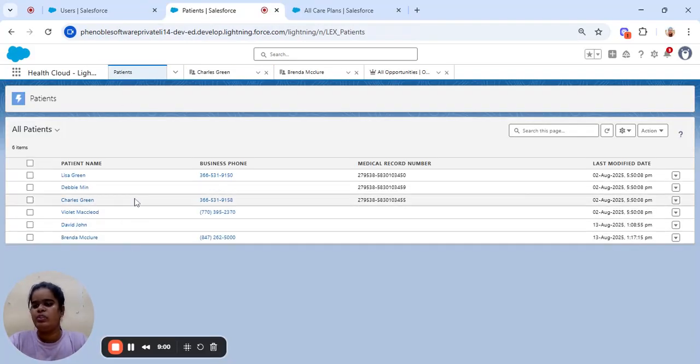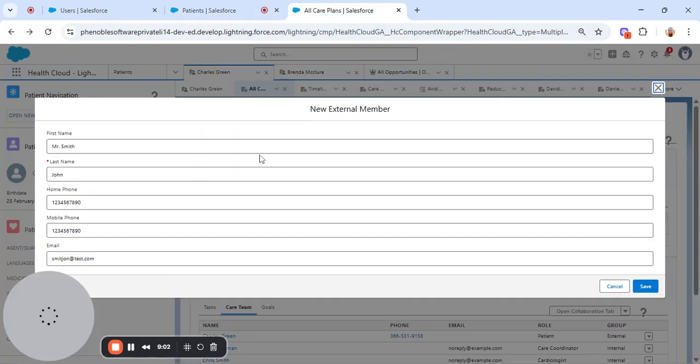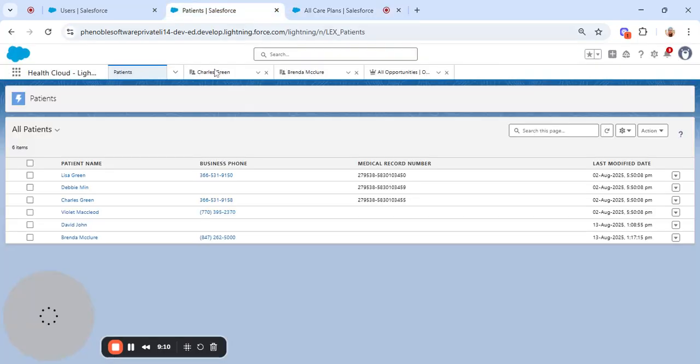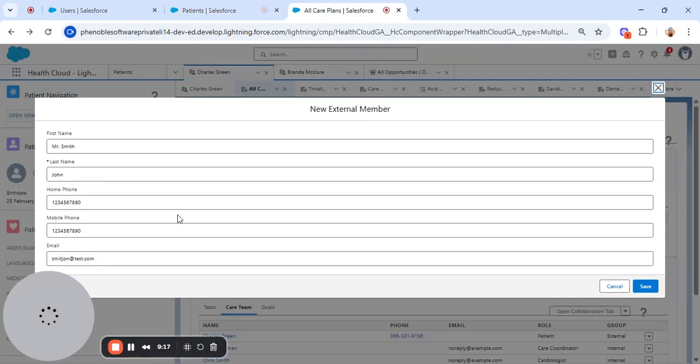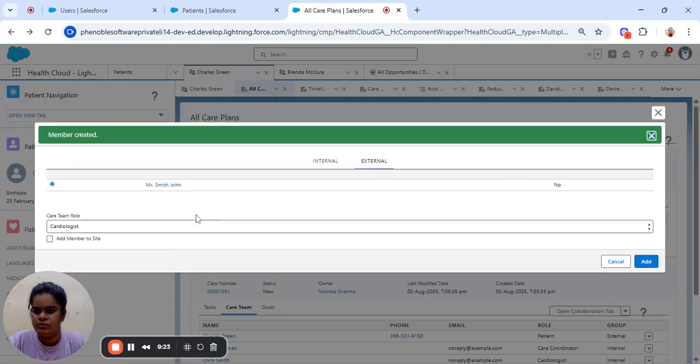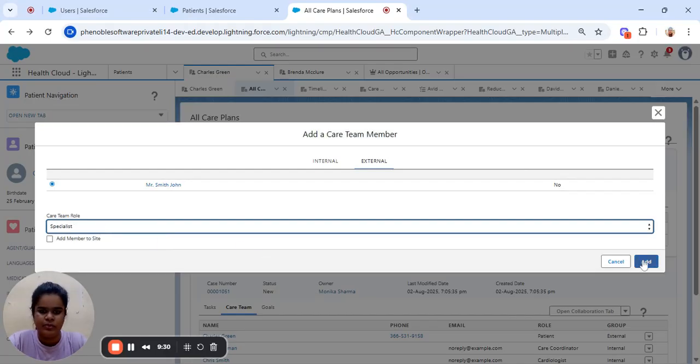Whenever we create an external user and add this to our care plan, this external member information will be seen in the patient's record. Okay, so it is creating a person account. I am going to save it. I assigned it as specialist. Add.